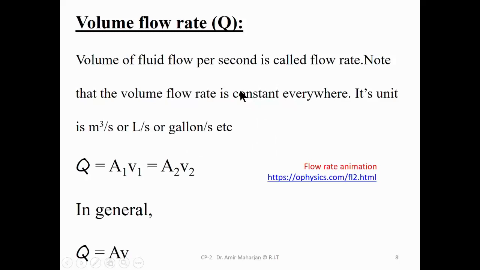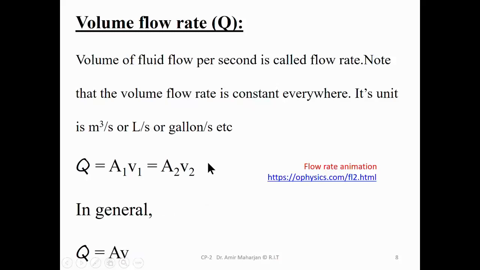So, how do you define the volume flow rate? The flow rate of volume through any given pipe. The volume flow rate is simply this A1 V1, the product of area of cross section times the speed, the velocity. So A1 V1 must be equal to A2 V2. That's also called the volume flow rate. Its standard unit is cubic meter per second, or liters per second, or gallons per second. These are the subunits. In general, you can say the volume flow rate of any fluid through a given pipe is the area of cross section times the